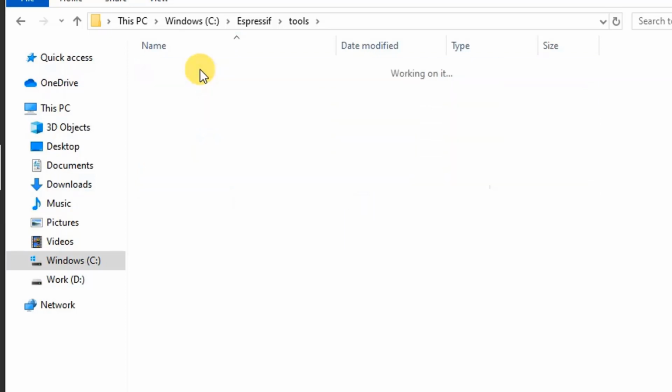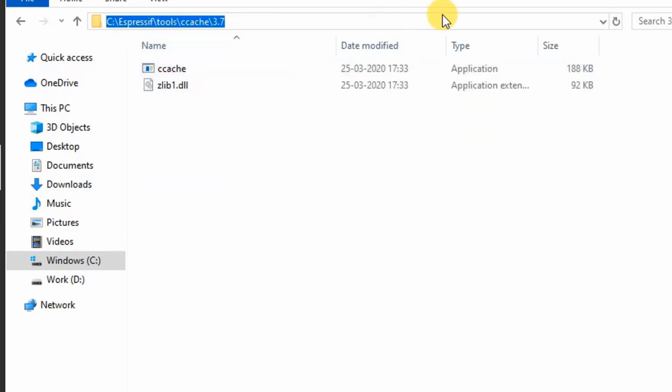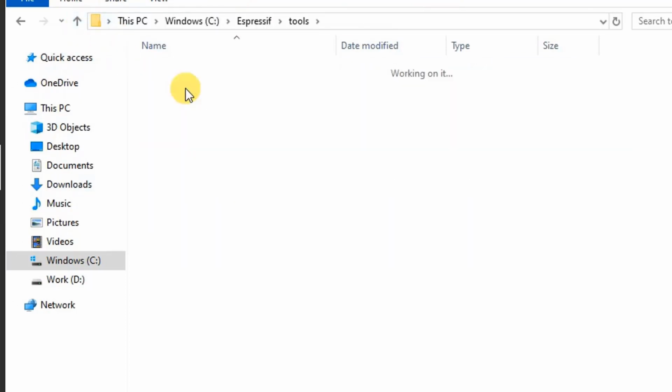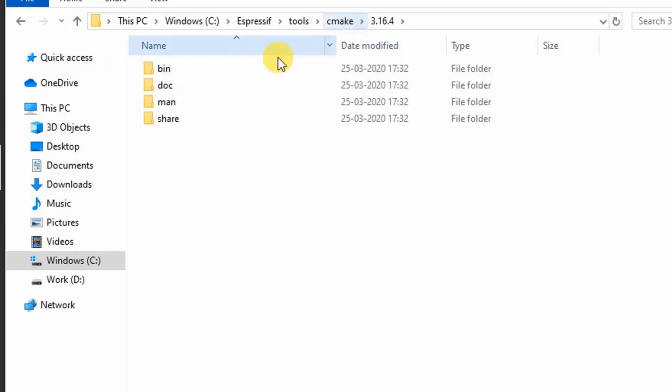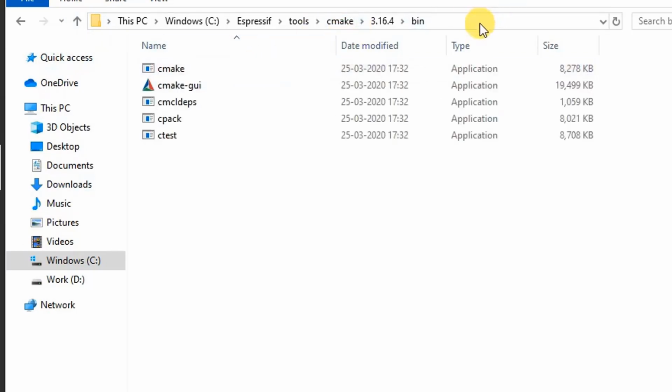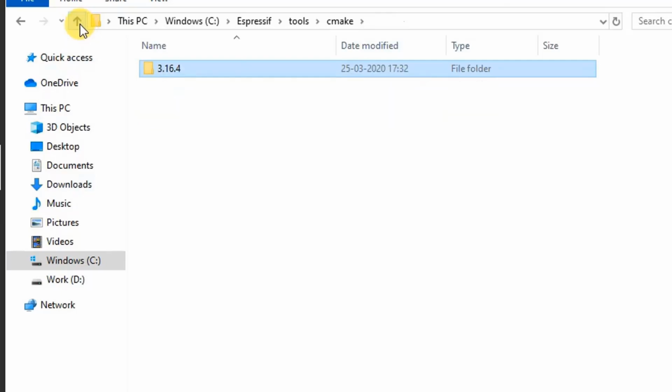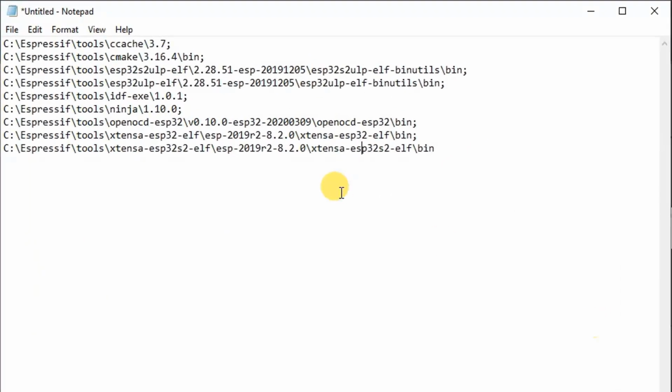Just copy the path of all these folders and paste here by separating with a semicolon. Actually, I have copied all the paths on my notepad with semicolon at the end. I only need to do a copy and paste.